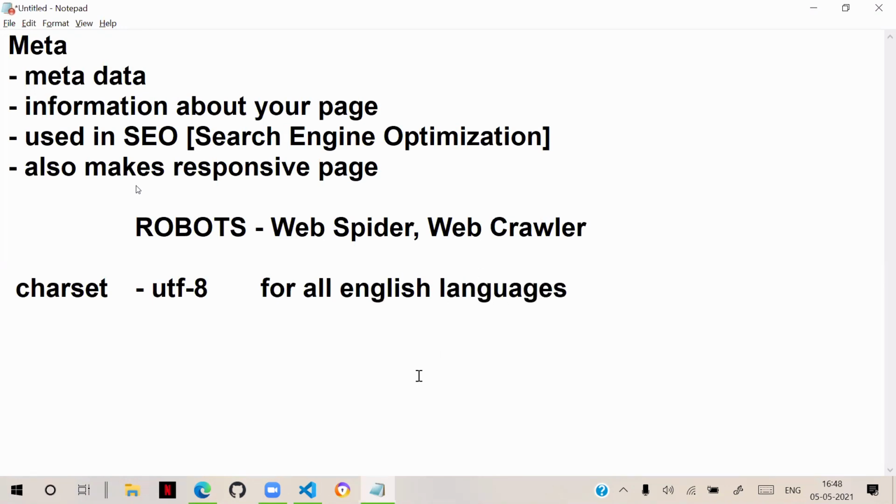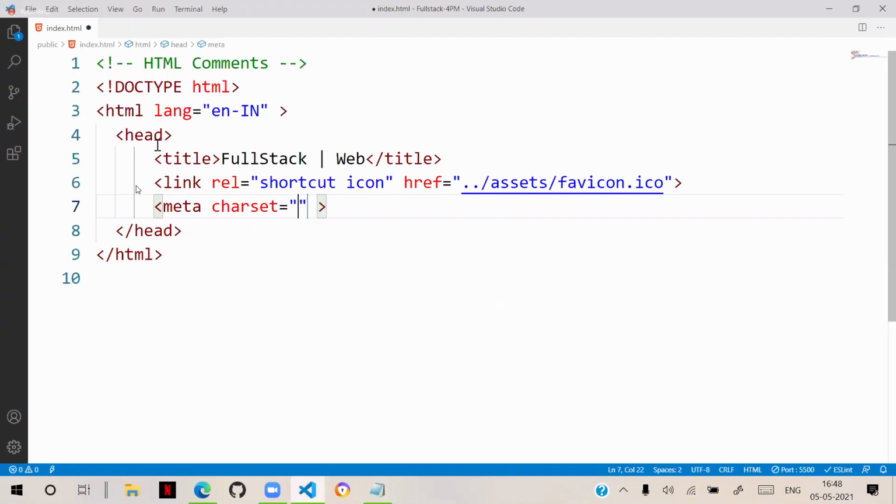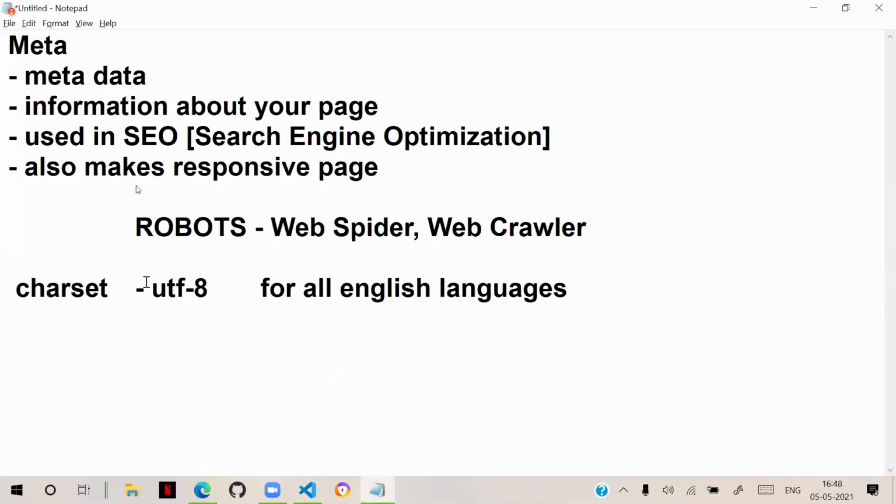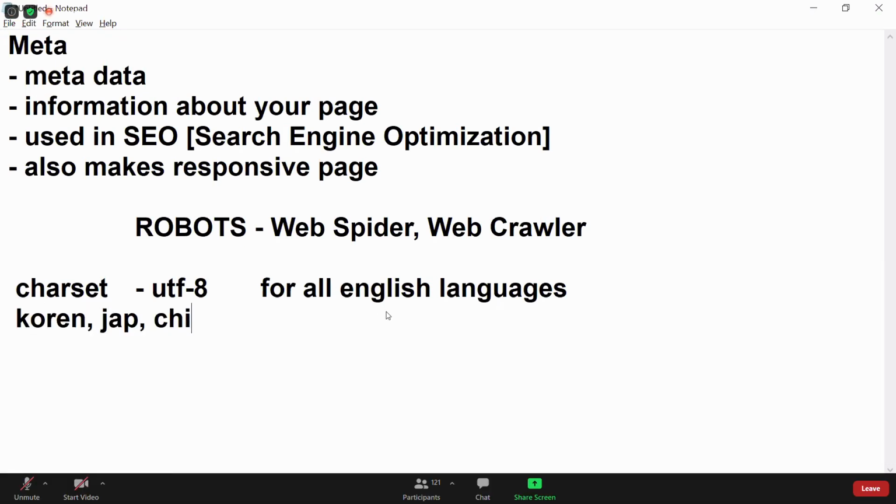If you are using English, then the character set you have to write is UTF-8. It may be any English, German English, French English, US English, UK English, any English, UTF-8 will be there. So if you are using Chinese, Korean, Japanese, or Arabic, then you will have